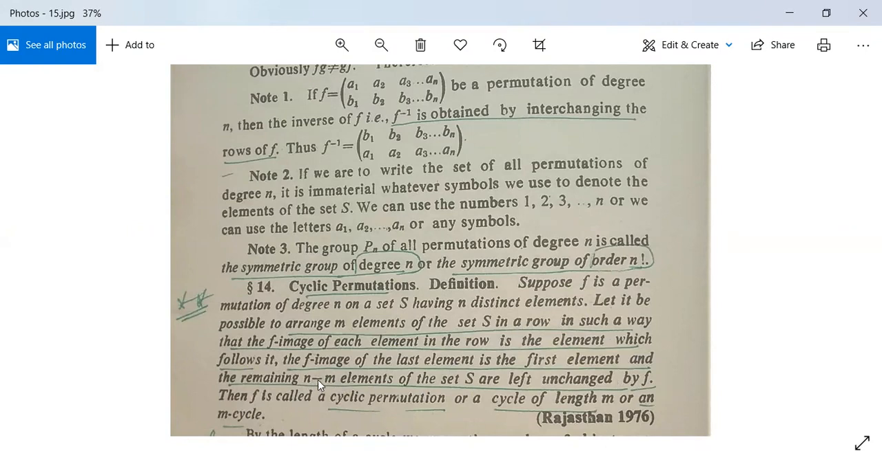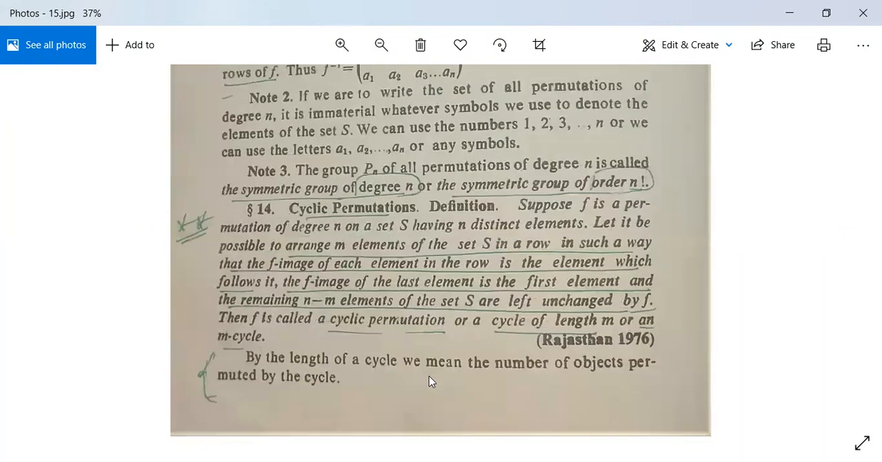And the remaining n minus m elements of the set are left unchanged by f। बाकी जो n minus m elements बच रहे हैं उनमें कोई भी चेंज नहीं हो रहा। यानी अगर am+1 है तो am+1 को ही जा रहा है। am+1 goes to am+1 and so on। Then f is called a cyclic permutation or a cycle of length m or an m cycle, क्योंकि जो फर्स्ट m एलिमेंट्स हैं उन्हीं में चेंज हो रहा है, रेस्ट n माइनस m एलिमेंट्स में कोई चेंज नहीं। By the length of a cycle we mean the number of objects permuted by the cycle।